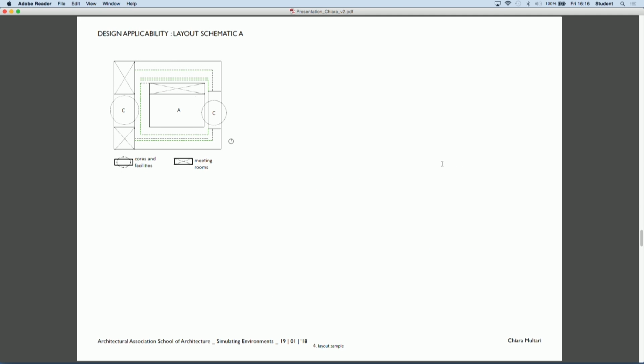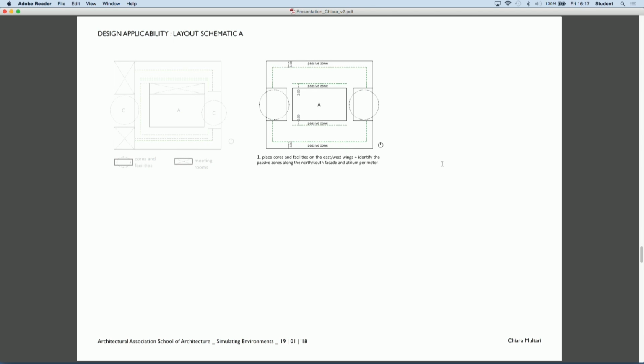So the results of this research were finally embodied in planning proposals, schematic planning proposals for design applicability, and obviously these schematics can serve for future designs as general principles.